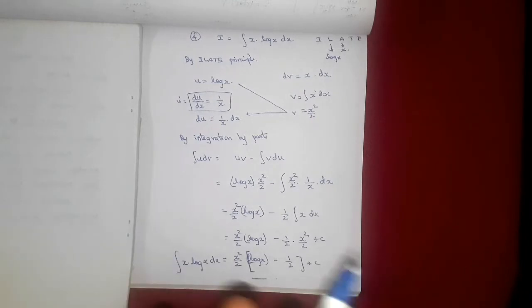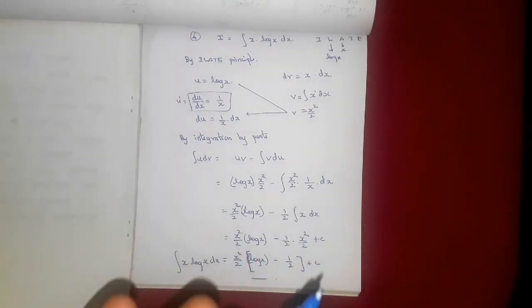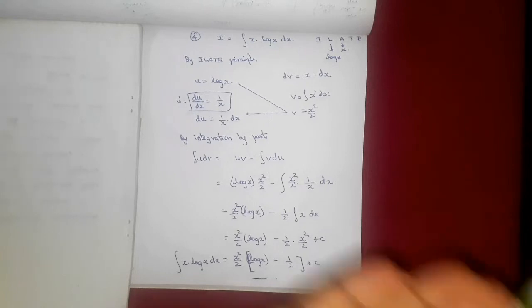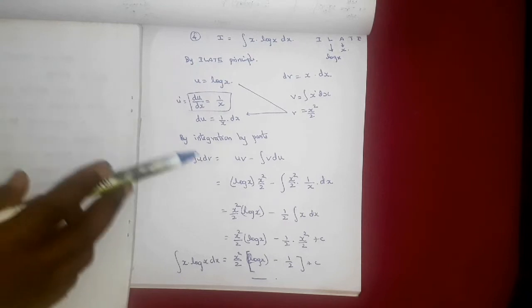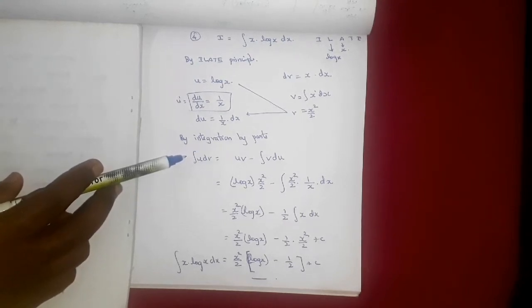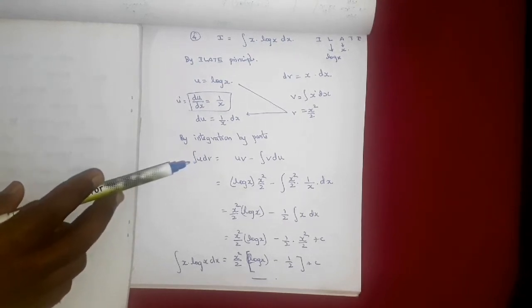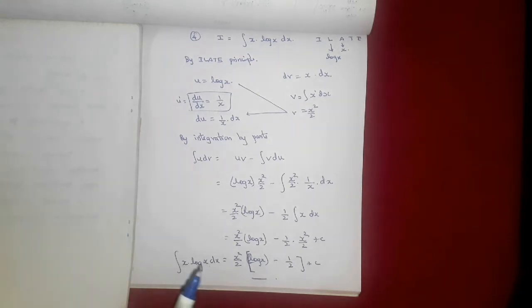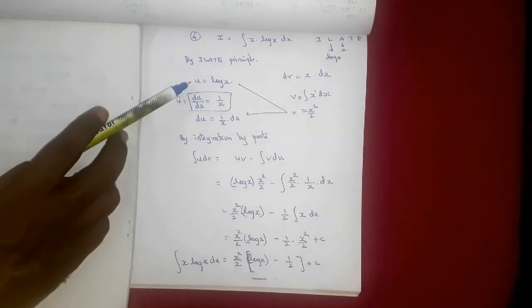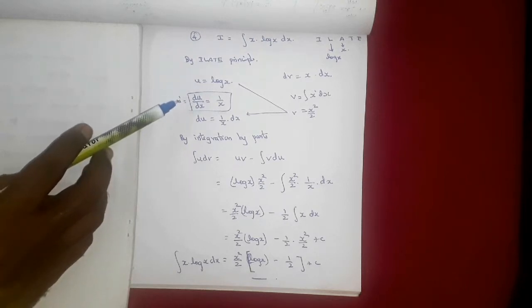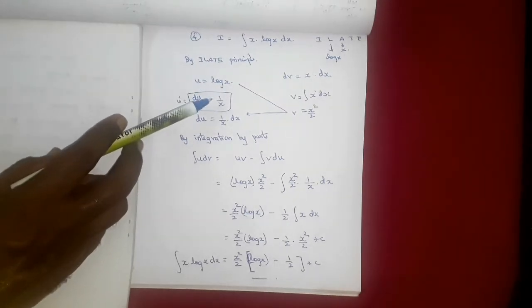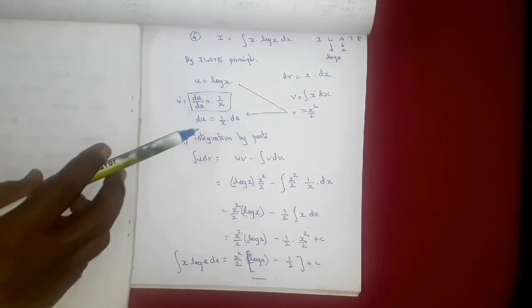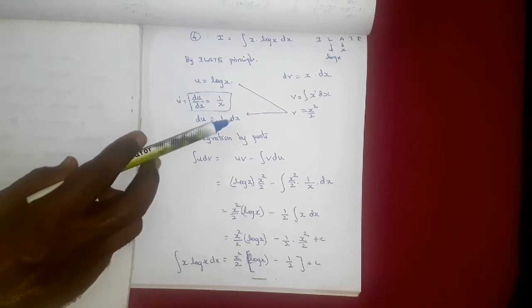This time in the integral we have log x, so we can use Bernoulli form, but instead of that, which one is better if you ask, we can go for the standard integral formula. The standard formula is integral u dv equal to uv minus integral v du. So we want u, v and du. Here u equal to log x, so du by dx equals, when you differentiate log x, 1 by x. Take dx to the other side, so du equal to 1 by x dx.